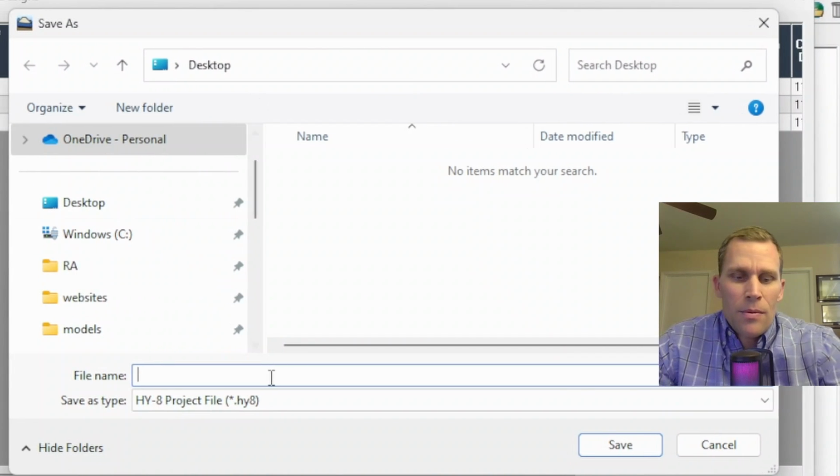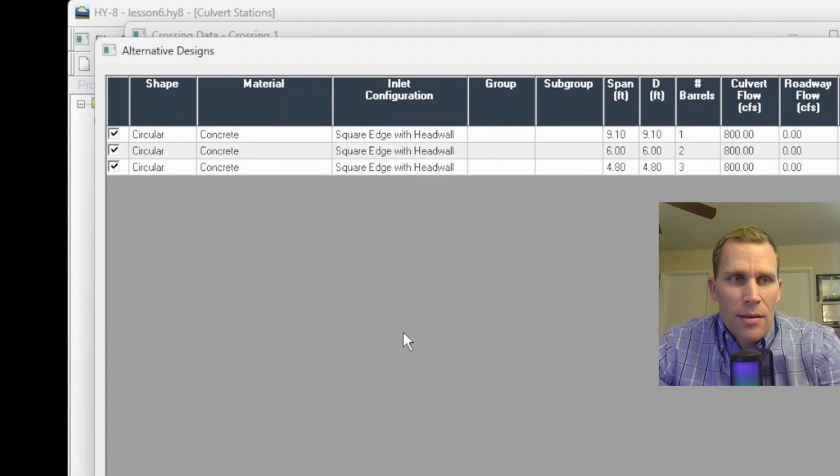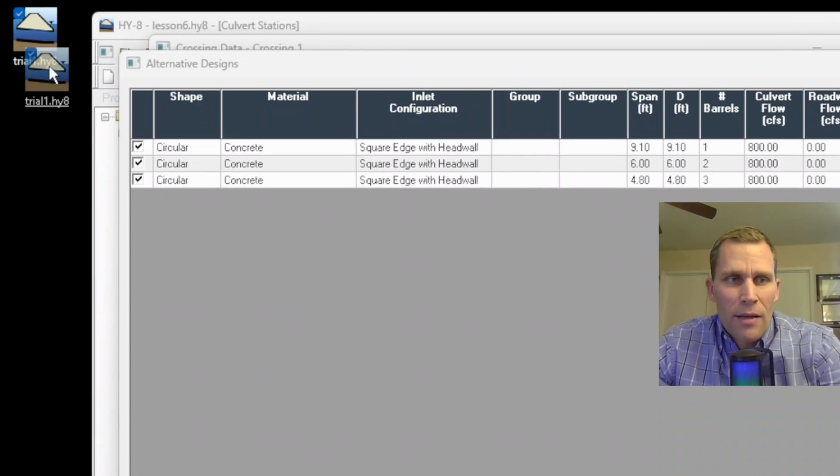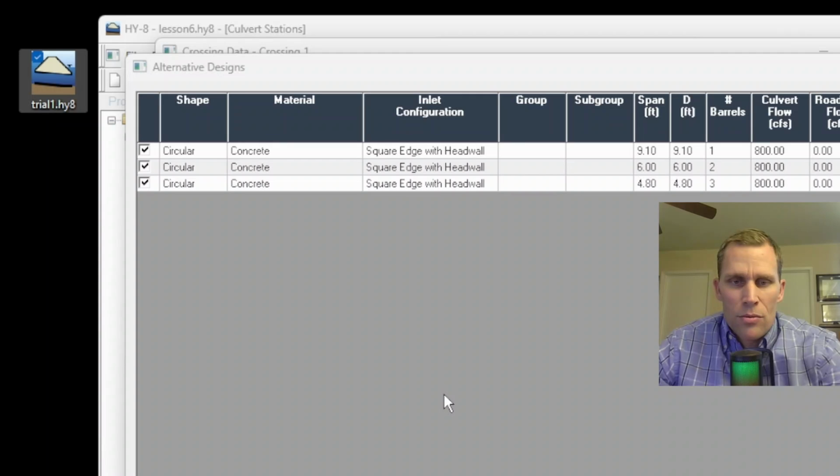Here's my desktop. I'll just call this file1.hy8 and then click Save. When I do that, I'll have a .hy8 file that popped up onto my desktop. We're going to open that up in just a little bit, but before we do, I want to demonstrate how